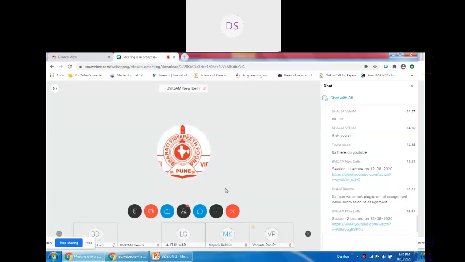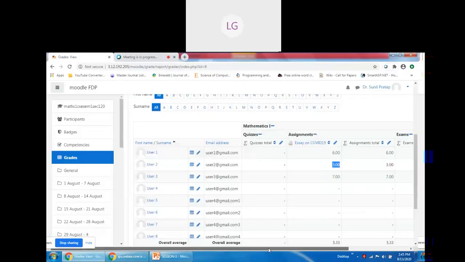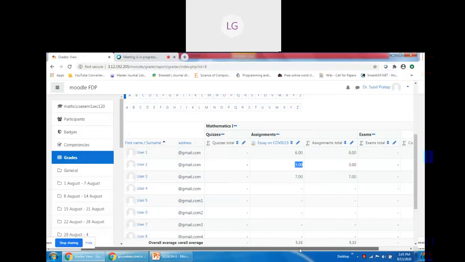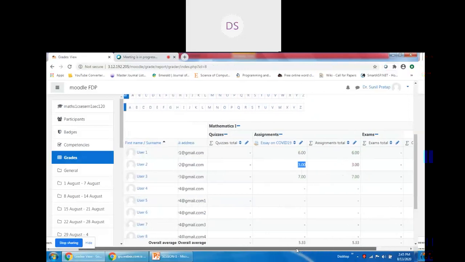Can you repeat the allocation of the marks for the quiz, assignment, and exam? Yes, sir, sure. Initially, we had configured this grade book for 3 components, or you can say 3 categories. Category 1 was quizzes, category 2 was assignment, and category 3 was exams.